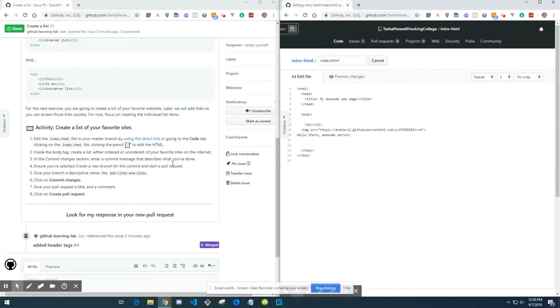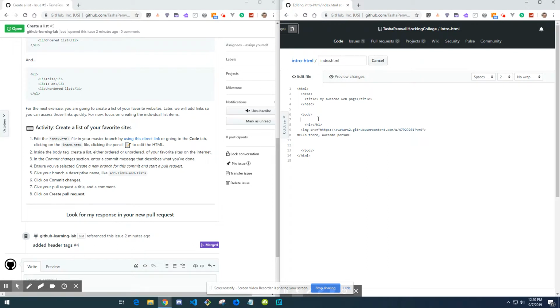Okay. Where am I? Edit index.html using the direct link. Oh, there's the link. To the code tab, clicking on index, edit, enter inside the body tag,